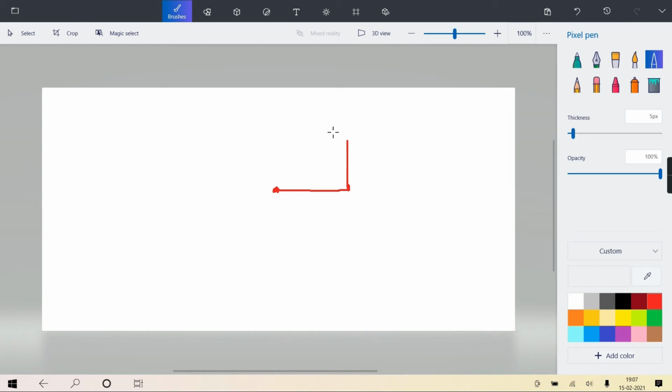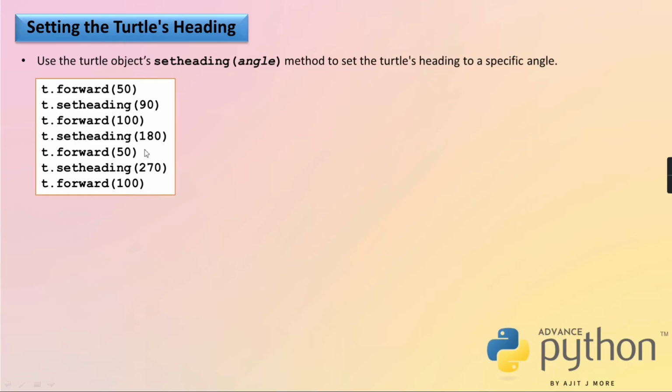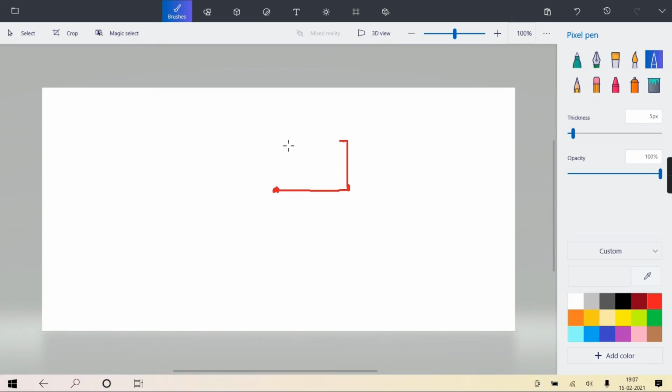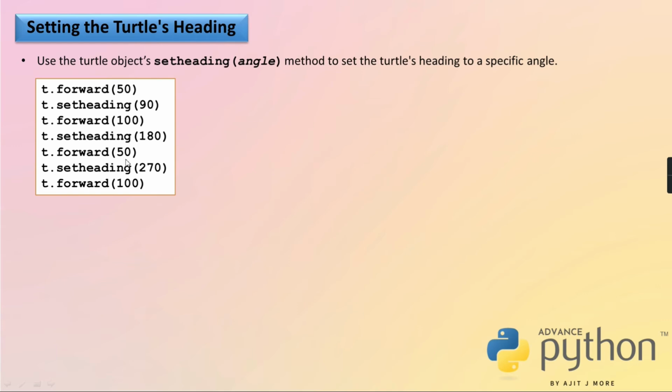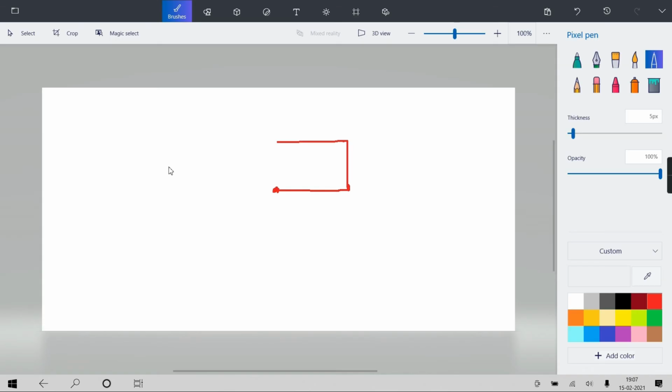With respect to that 180, now the face will be this side. Correct? And again I am saying forward, here it is 50, 100, 50, 100, whatever it is. So it will go forward that many pixels. And after that we are saying 270 degrees.